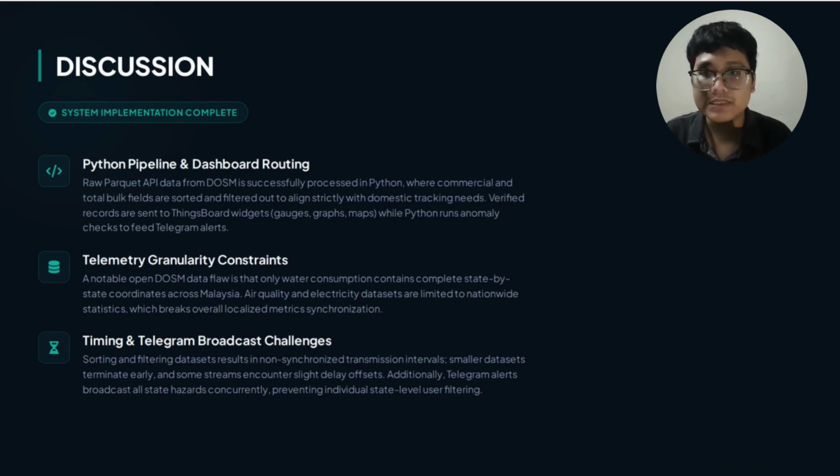The home monitoring system successfully utilized a Python script to retrieve data from the OpenDOSM API, filtering out irrelevant commercial metrics before transmitting the refined data to ThingsBoard for visualization via graphs and maps. It also employed an anomaly detection algorithm to send real-time warning alerts to Telegram. However, the implementation faced three primary challenges. First, data inconsistency, as water consumption data covers all Malaysian states, while